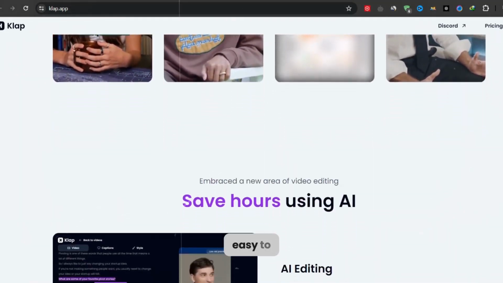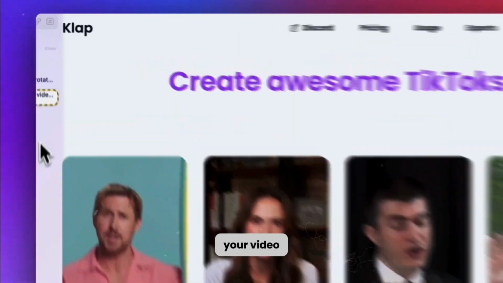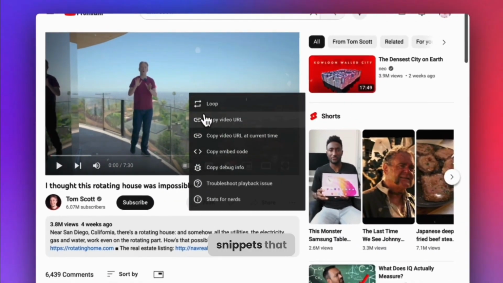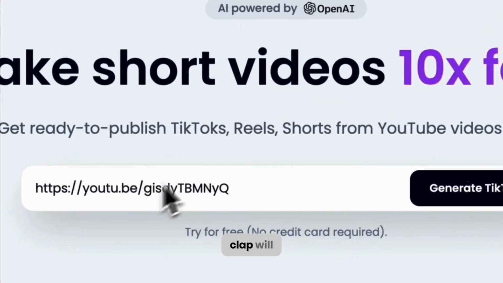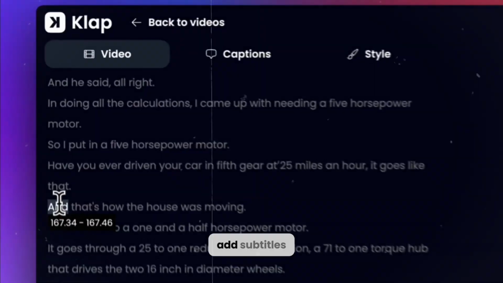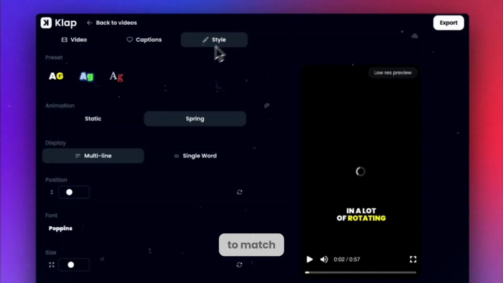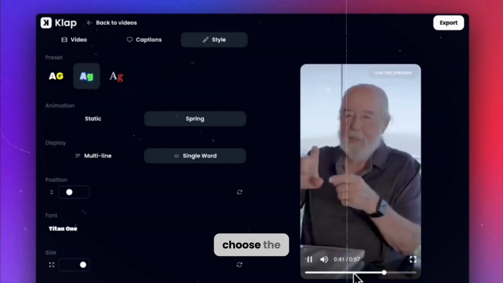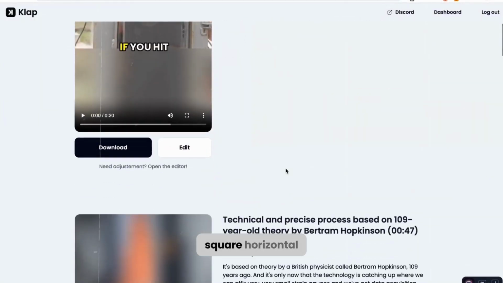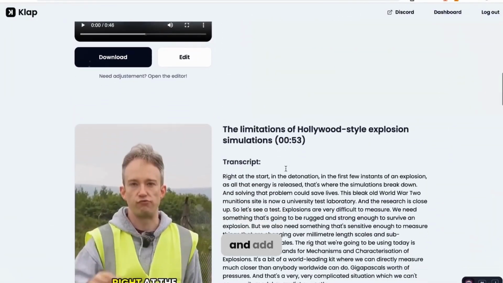Klap is super easy to use. You just upload your video, get the transcript, and select the text snippets that you want to turn into clips. Klap will automatically generate the clips, add subtitles, and customize the appearance to match your brand. You can also choose the format of your clips, whether it's square, horizontal, or vertical, and add a catchy title